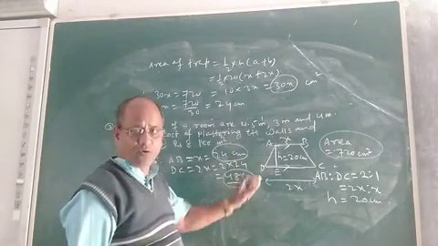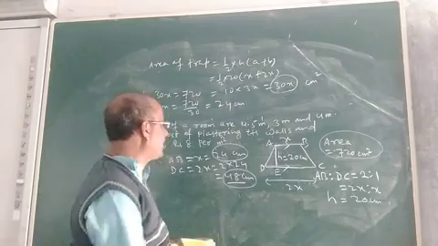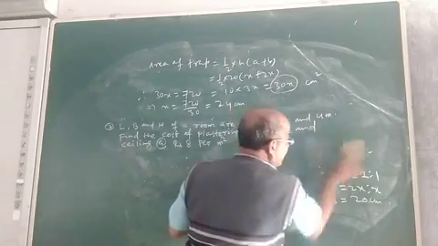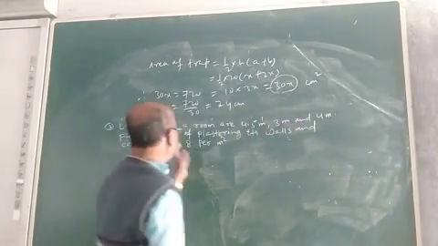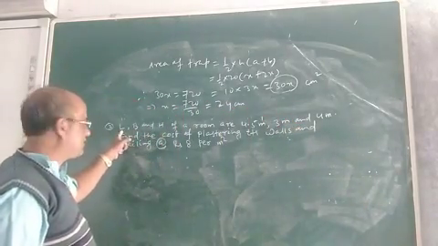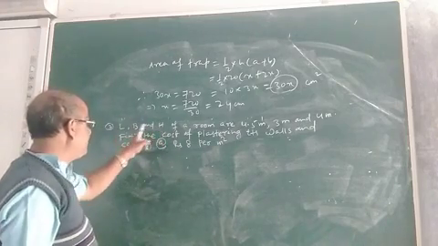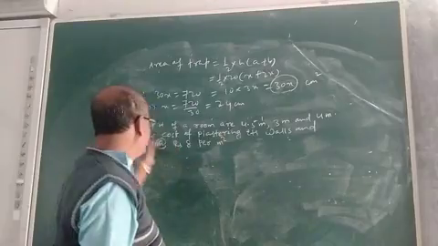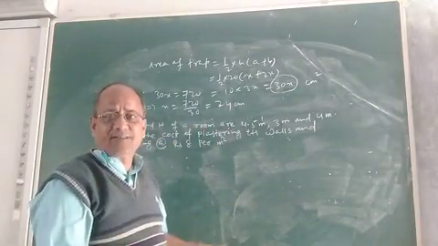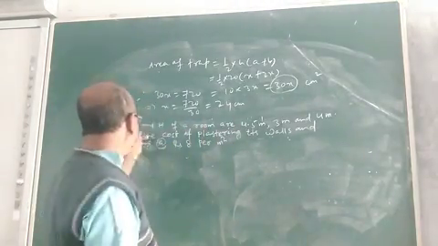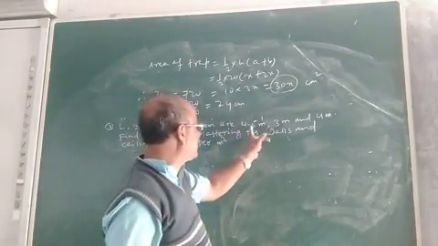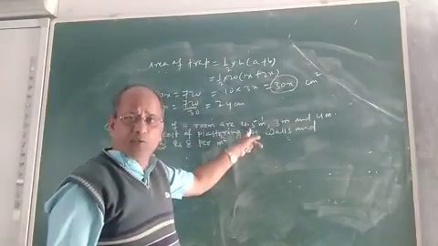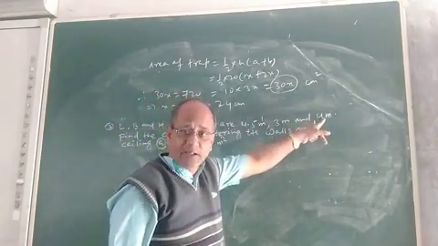Children, I hope you understood how to find the length of the two parallel sides. Now let me discuss another question. Question number 3 is about a cuboid. Length, breadth and height, L, B and H, of a room. You know a room is a cuboid. As it is a cuboid, the three dimensions, length, breadth and height, are all different. Suppose the length, breadth and height of a room are 4.5 meter, 3 meter and 4 meter. It means length is 4.5 meter, breadth is 3 meter and height is 4 meter.